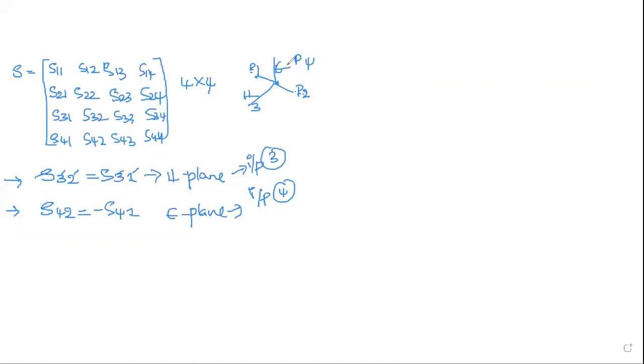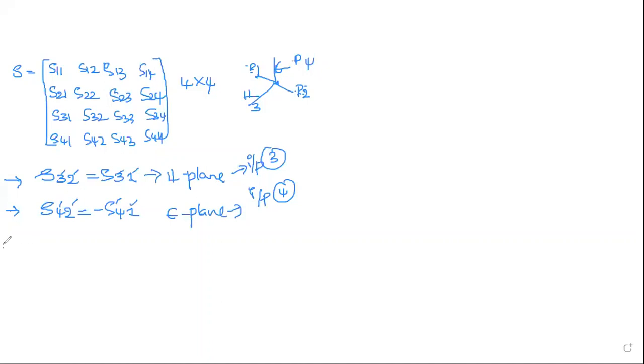Now when I give port 4 input, you know the H plane will have no output. You'll be getting the output across port 1 and port 2, but that is again a phase shift. There is a phase shift across the output. Input, output, input, output. There is a negative sign. So this is with respect to your E plane T.